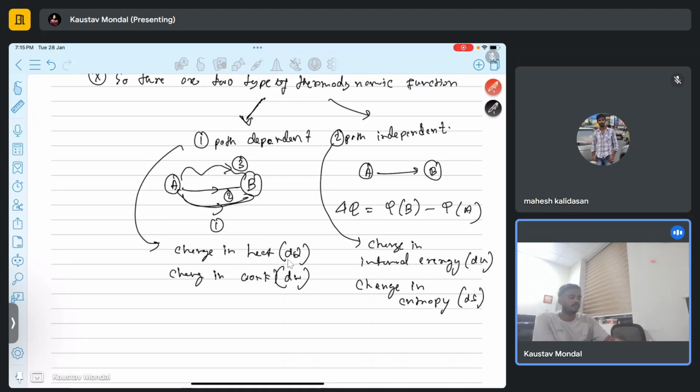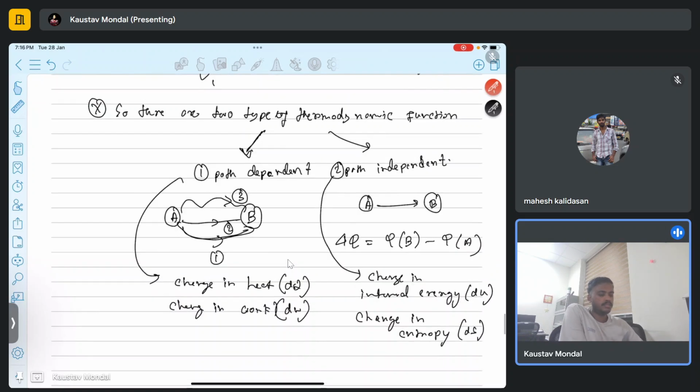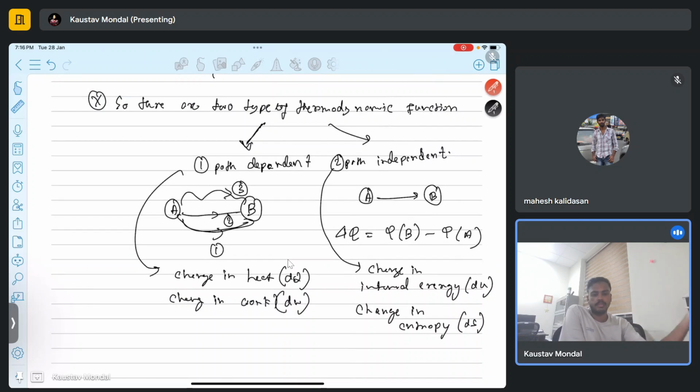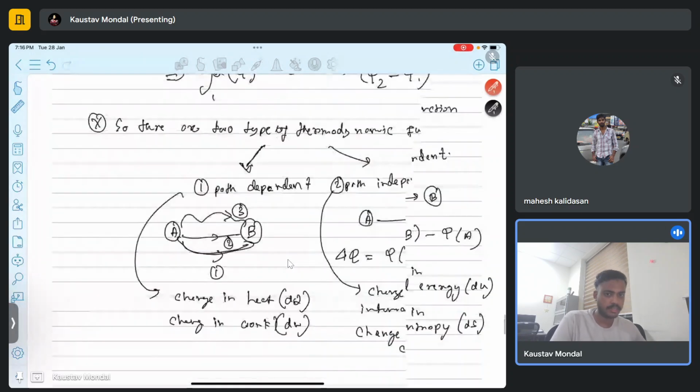Properties like entropy or internal energy, during a process from A to B, the change in internal energy and entropy will only depend on the initial and final value. But if you consider work done or change in heat, that is not only dependent on the initial and final value, it is also dependent on the path that you are taking during the process. Now here the interesting thing is,